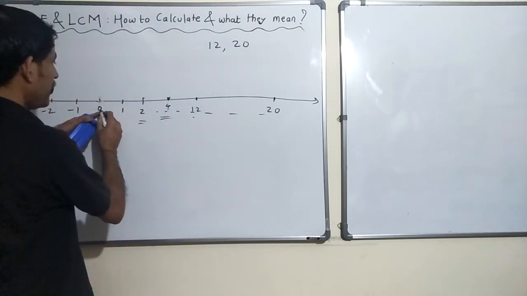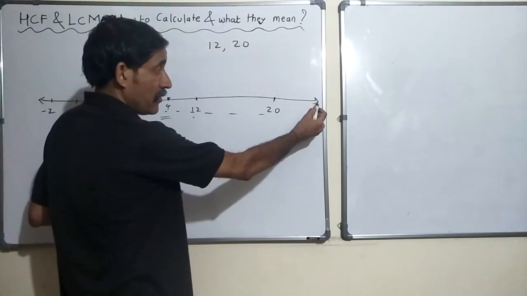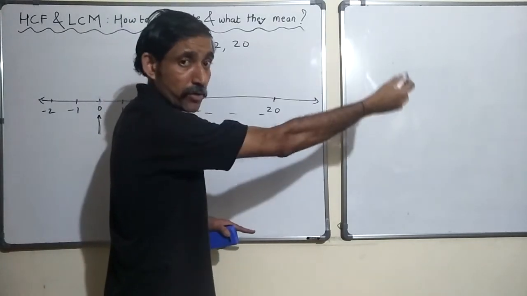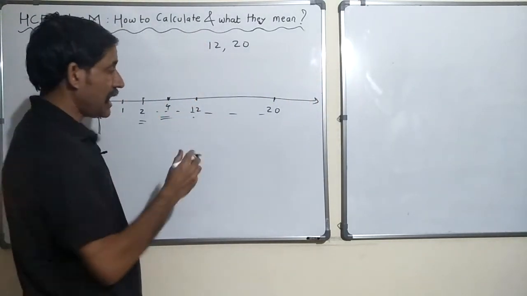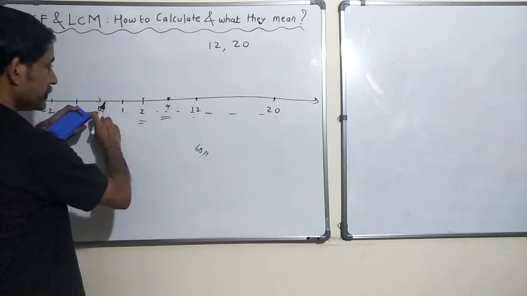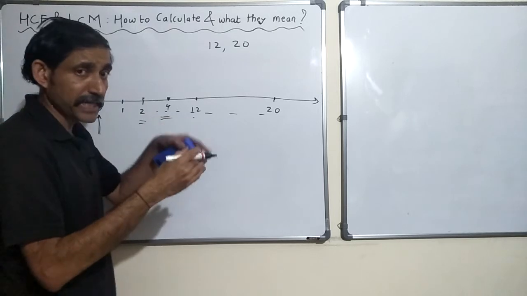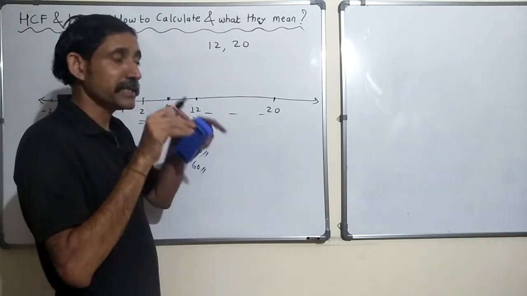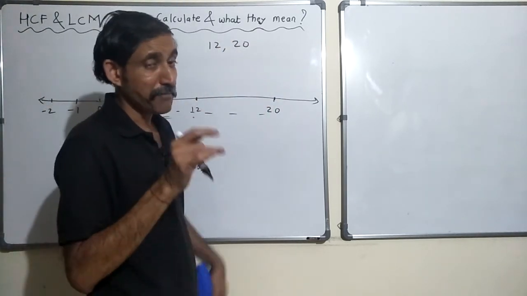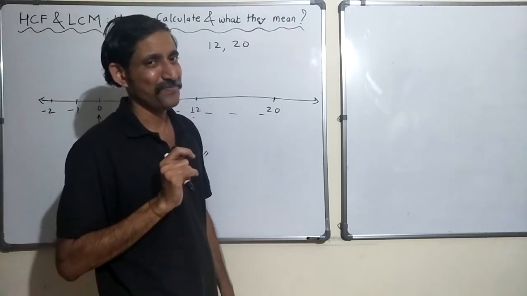If I'm standing on 0, I jump 12 steps, I'm here. Then I jump to 24, then 36, then 48 and then 60. After 5 jumps, I land on 60. Similarly, the second person starts at 0, jumps to 20, then 40, then 60. And 60 is the first place where they both meet. They reached 60 using a different number of jumps. One landed in 5 jumps, the other in only 3 jumps. But both of them met at 60 for the first time. That is the LCM.